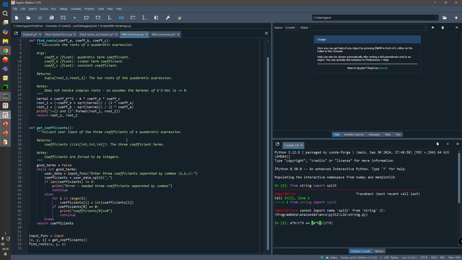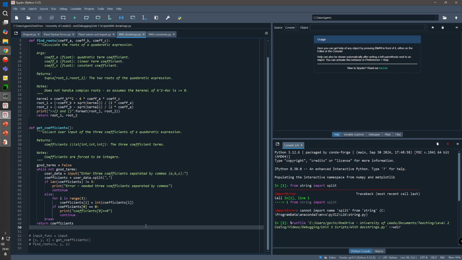The purpose of doing this is that if I run this code, let's just stop it from actually executing those lines at the bottom. Oh, I've still got my input function there. I said I'd change that. There we go. So I'm going to run that code, and because I've got those docstrings defined,